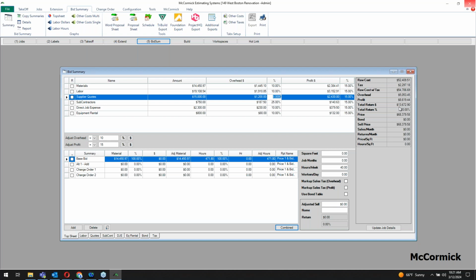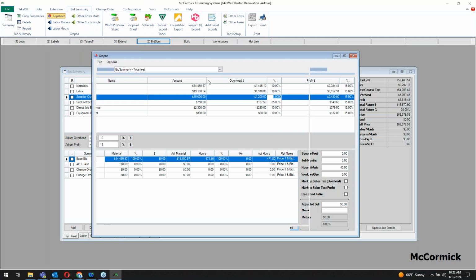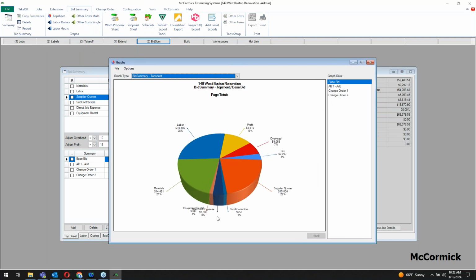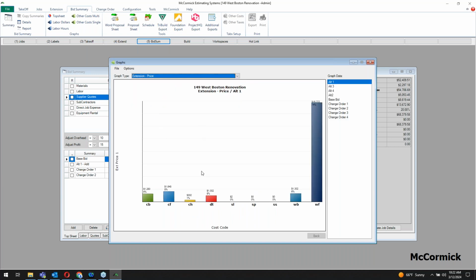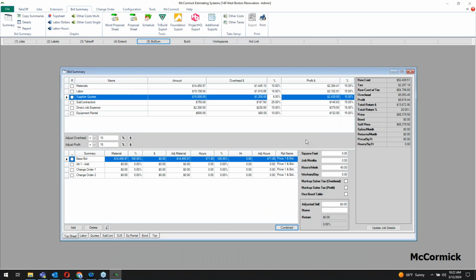From here, you can dive into some of the reports, some of the proposals, things like that as well. One of the big things that the McCormick has that the 1000 does not is your graphs. So I could open these up, dive into it and say, hey, I got 19,000 for labor. It's 28% of my project. Open it up and I can see who's doing what or who's making what. So you have a bunch of different graphs and numbers and everything in here that you could always check out and bump through. But ultimately, that's kind of where I'm going to turn it over to you guys